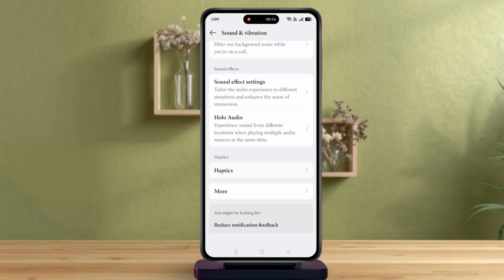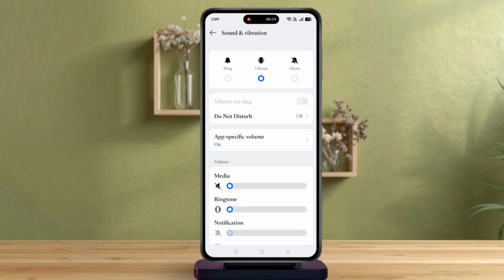And that's it. That's how you can mute the main sounds on your Android phone directly from the sound and